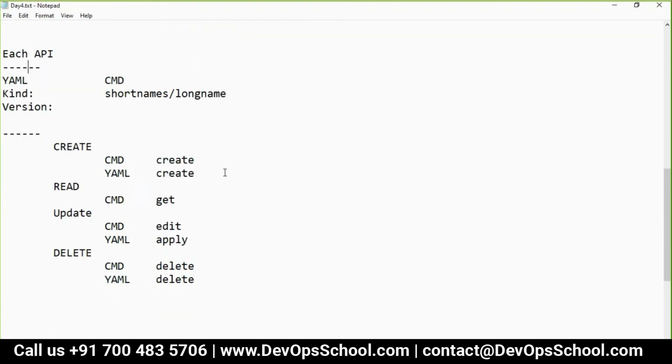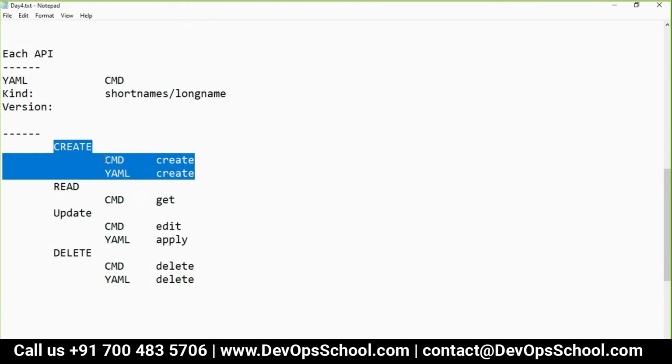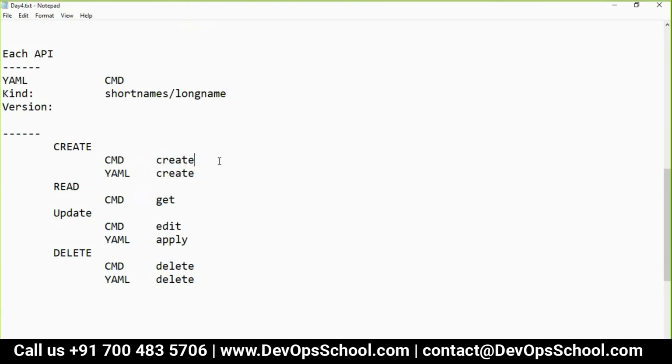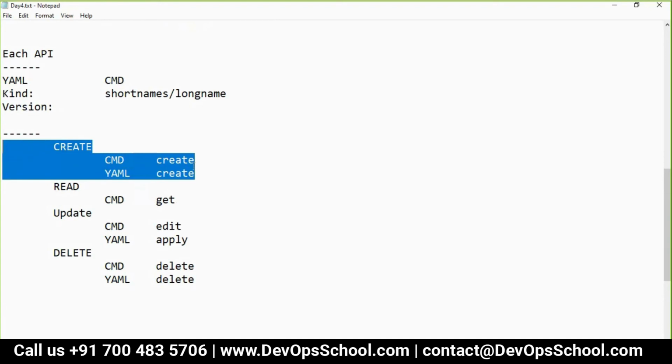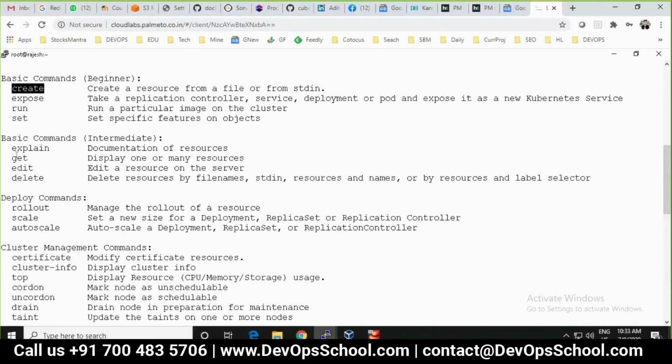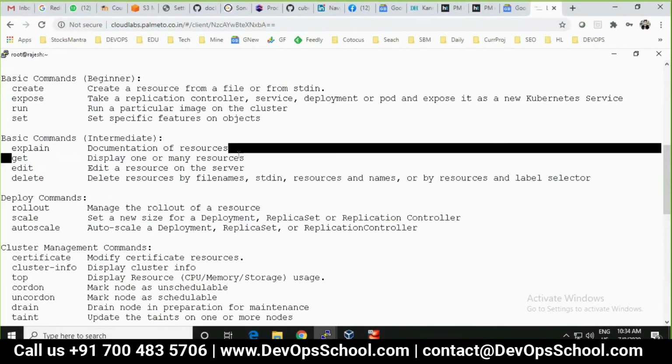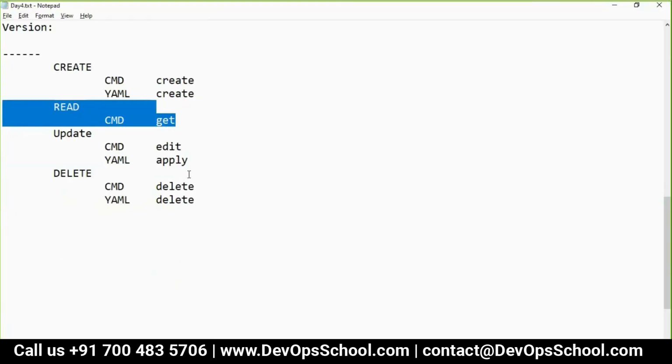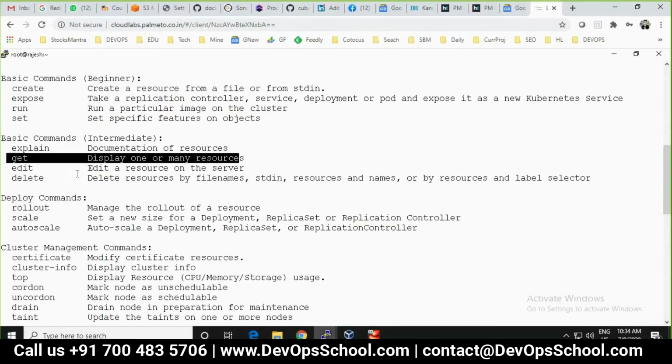For any resource, if you want to create it through the command line or YAML, the command is create. If you want to get it, get. If you want to update it, edit, apply.